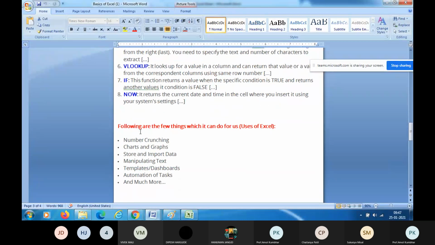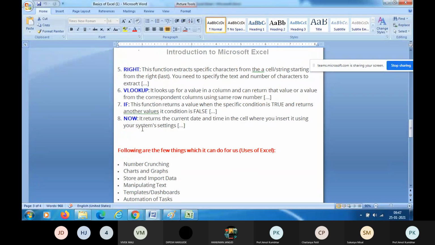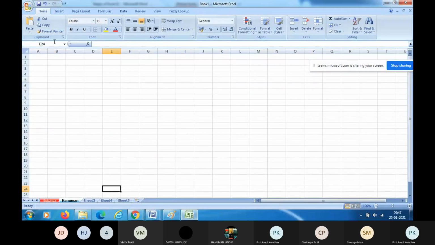So in this way, we have seen the basics of Microsoft Excel, various functions used in Excel, and uses of Excel, right? So let us now perform our first practical, and the first practical is plotting of various trigonometric functions using a spreadsheet.